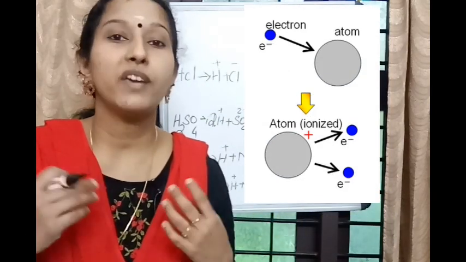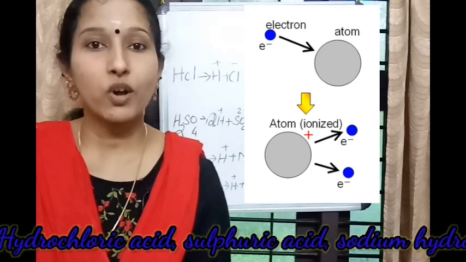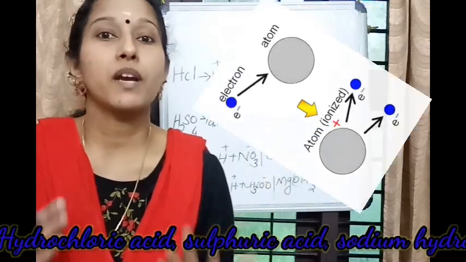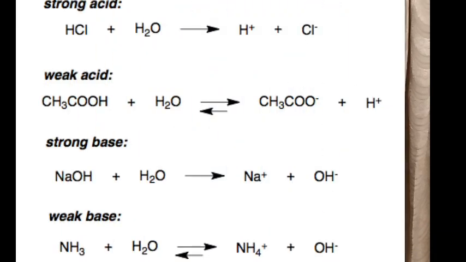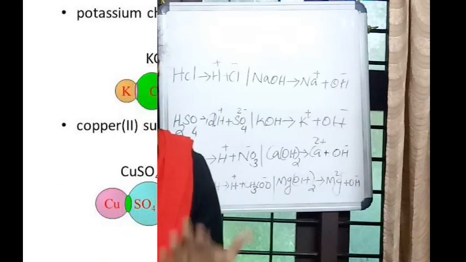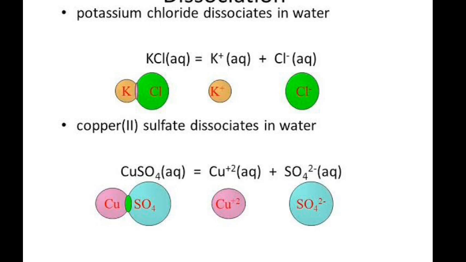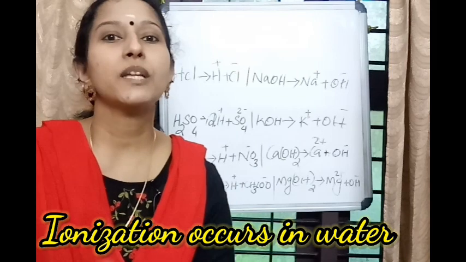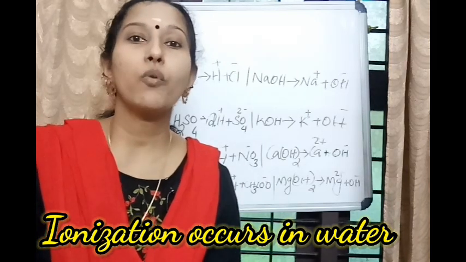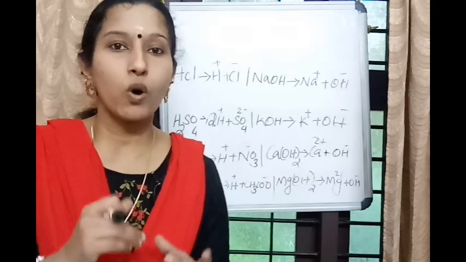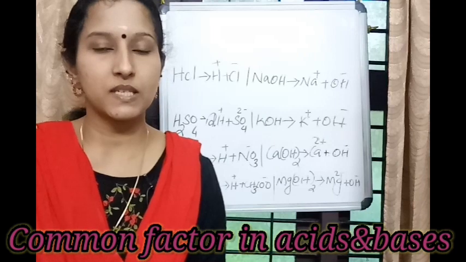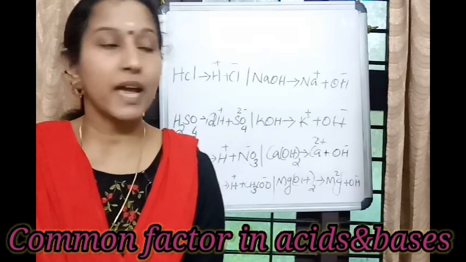For example, if we add hydrochloric acid, sodium hydroxide, sulfuric acid and potassium hydroxide into water, they ionize to form their corresponding ions like H+, Cl-, H+, SO4 2-, Na+, OH-, etc. So, ionization or dissociation is possible only in the presence of water. If there is no water, there will be no ionization. Okay, so we can come back to our concept, what is common in acids and bases. We can discuss this with the help of some